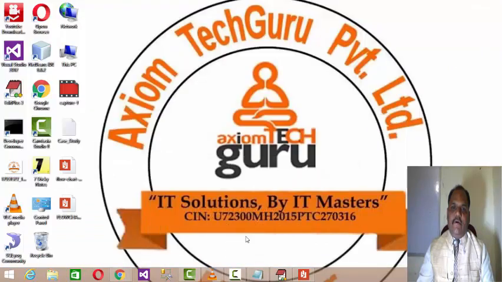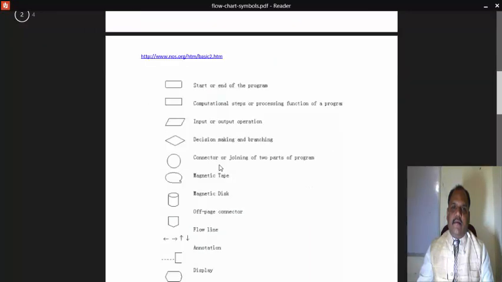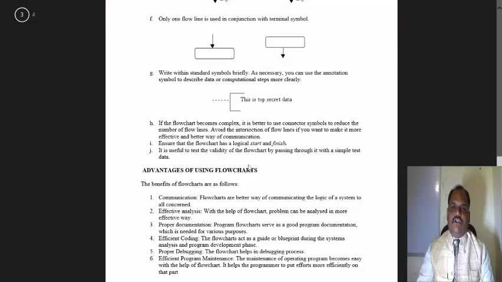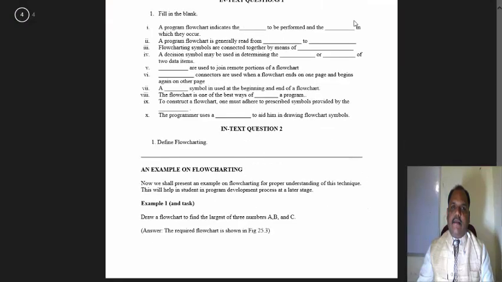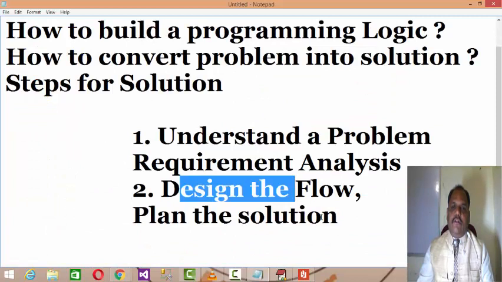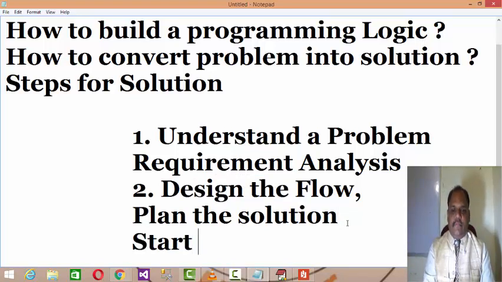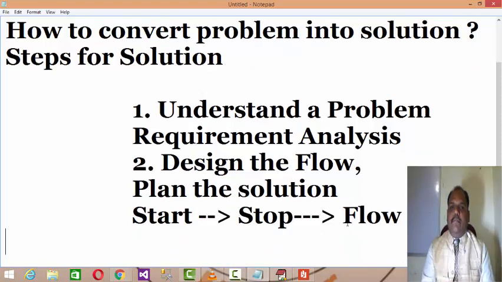Let's say your flowchart will look like this. By using these symbols, you may have a flowchart design like this. I'll be giving you all the notes regarding how to design the flow. Means from start to end, start to stop, you have to define a flow, and that is called the planning of the solution. That is called the design of the solutions.